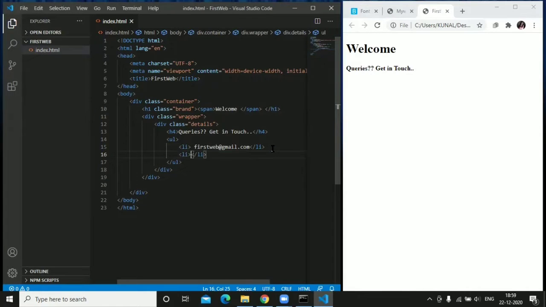Again another list, and inside that we will give any address. Again one thing we have, that is phone number, right? So just create another list and give any phone number.